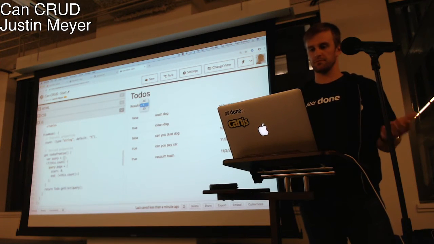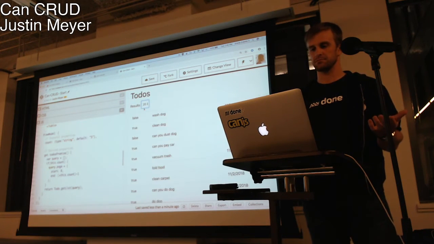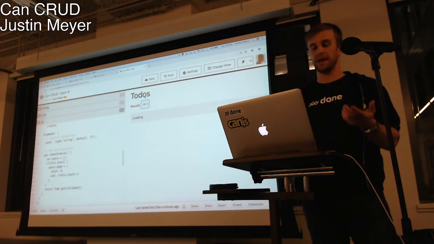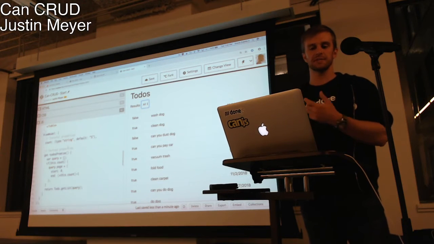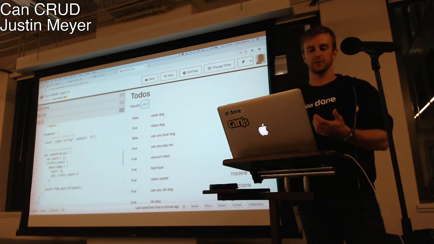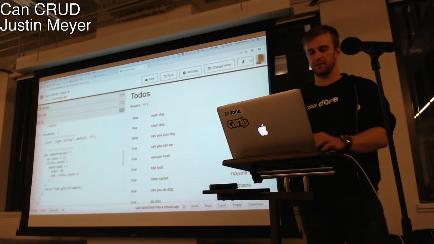And now, look, we have pagination. And all you would have to do if you wanted next page, previous page, is do the same kind of thing, just make it so that your start is changing. Here, I could even make it so